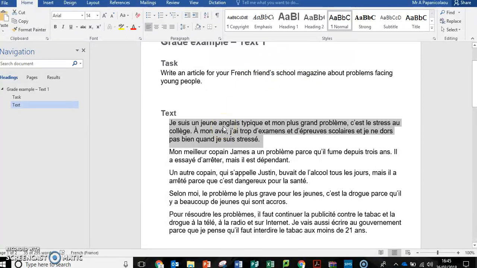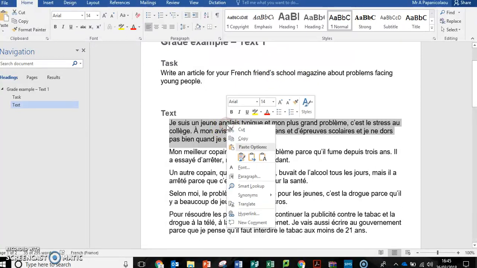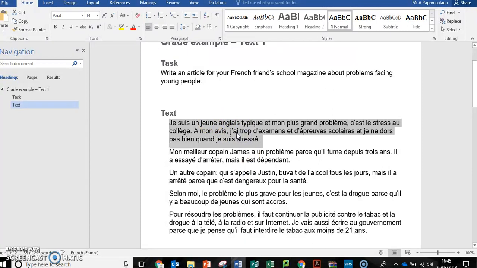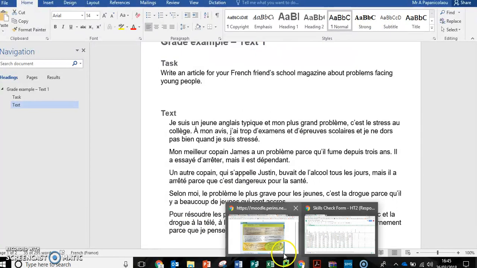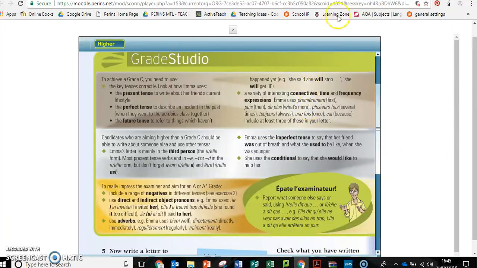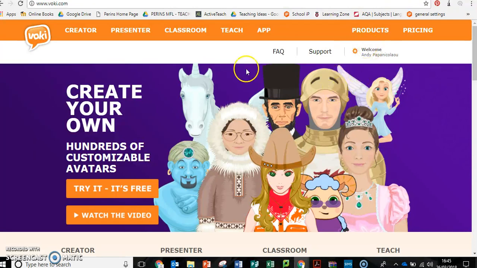So what I've done is I've just pressed Control C, so I've copied this text. And then go back into my Voki, which I've already got here on this tab, and I just choose Creator here. So when I click into Creator,